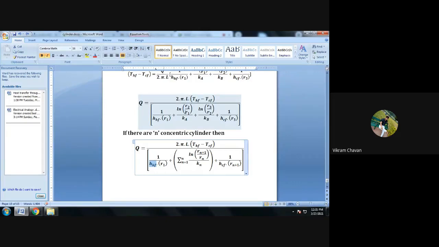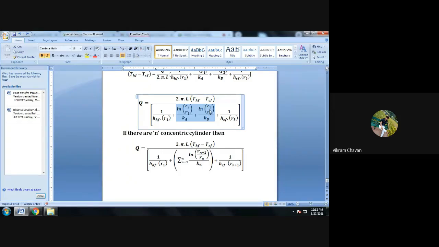प्लस अब जो रेजिस्टेंस क्वांटिटीज हैं, वो नंबर ऑफ कॉन्सेंट्रिक सिलेंडर पर डिपेंड करती हैं। ये 2 क्वांटिटीज हैं, और ये 3 क्वांटिटीज हैं, जो टोटल नंबर ऑफ कॉन्सेंट्रिक सिलेंडर पर डिपेंड हैं। अब यहाँ पे हमने क्या किया है, जब 2 सिलेंडर थे तो हमने 2 टाइम एडिशन की है इन क्वांटिटीज की, which are related to the conduction.